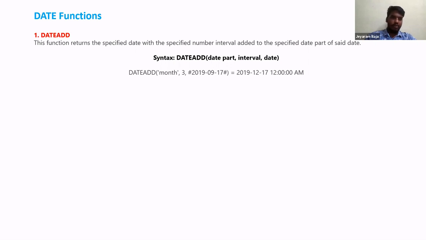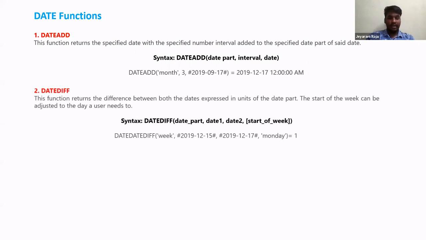So quickly we will go on to the next function, which is DATEDIFF.